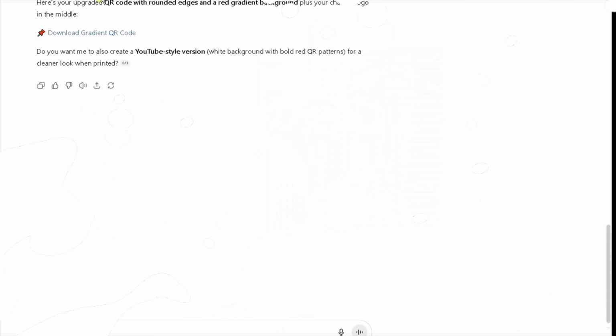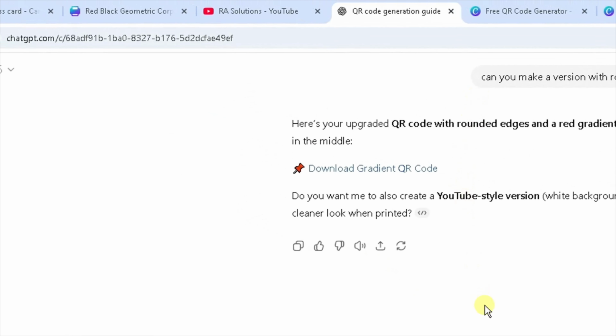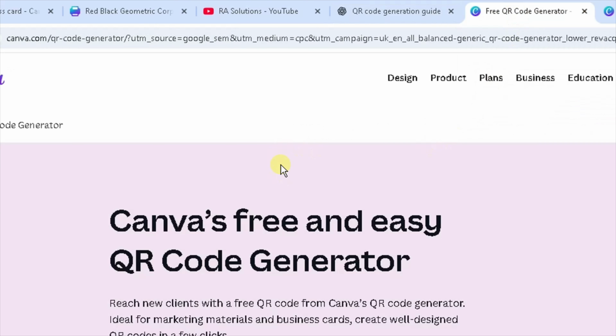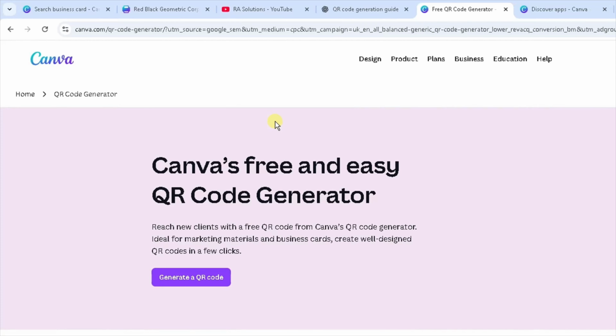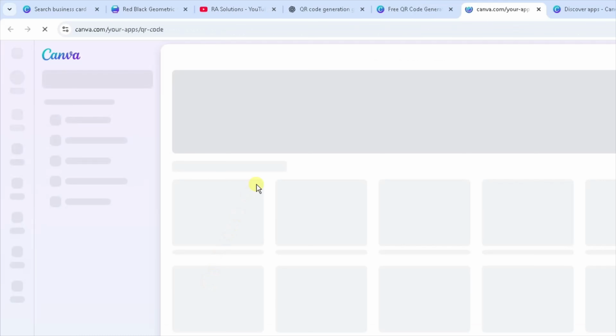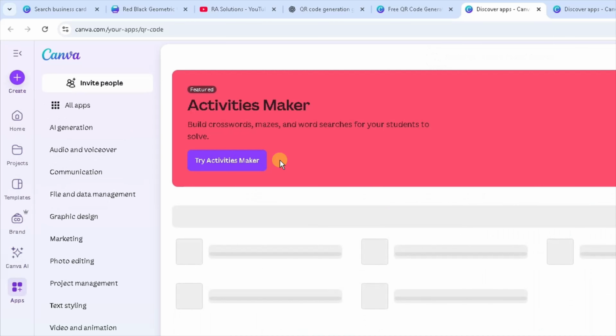I'm going to show you another way now. I'm going to show you how to generate the QR code within Canva if you've got a Canva account. So I'm going to hop over to Canva. I've done a search in Google for Canva's free and easy QR code generator. It's taken me to this page here. I'm going to click on generate a QR code like this, and it's going to take me to this page,